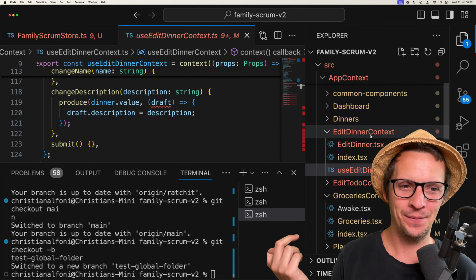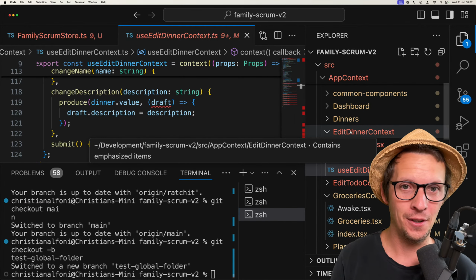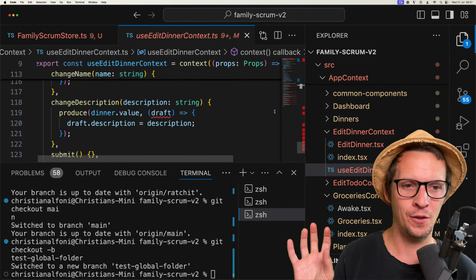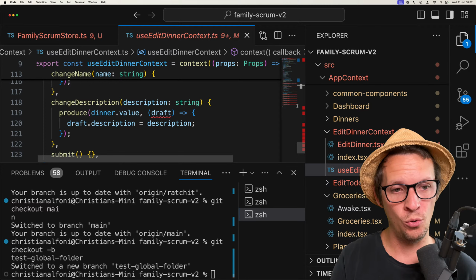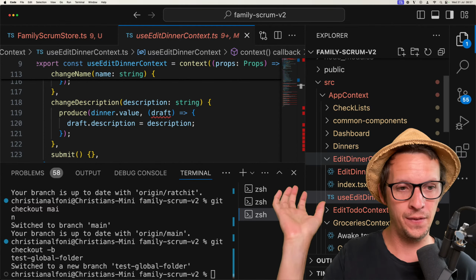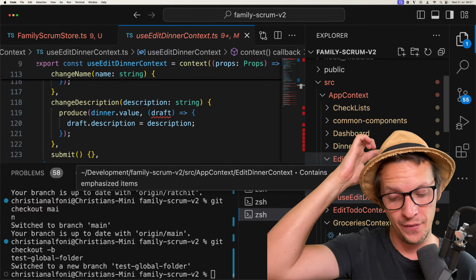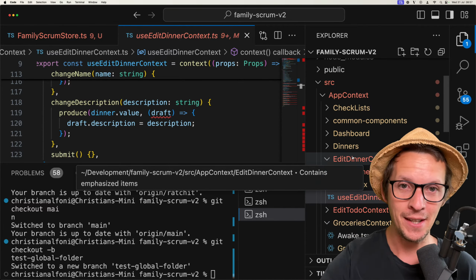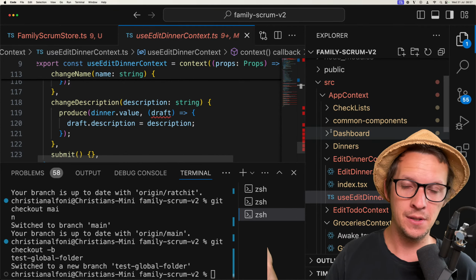So if you have an edit dinner store, which holds the state management of editing a dinner, in your UI you can just create a component, provide the edit dinner state management, and then you have that UI, and it will dispose of itself when it unmounts.